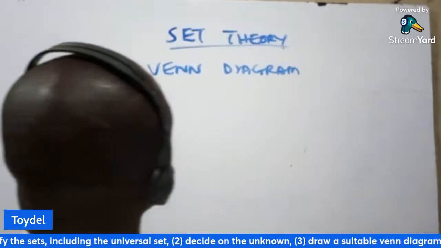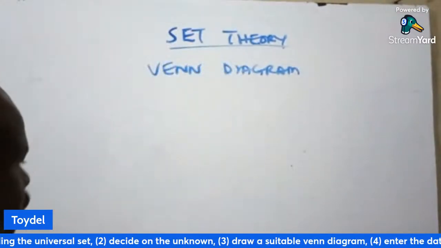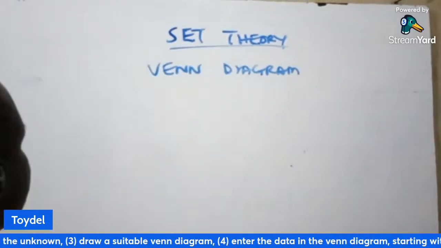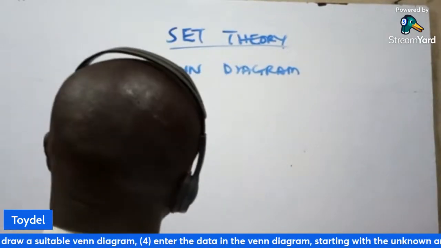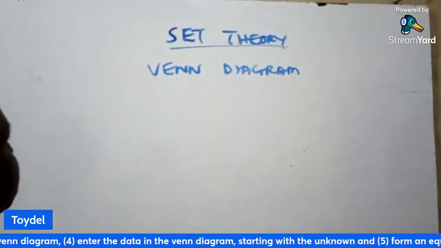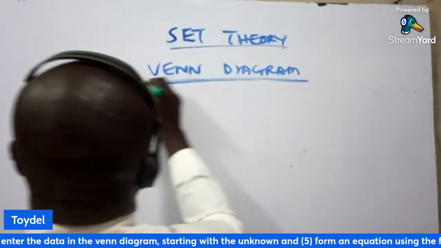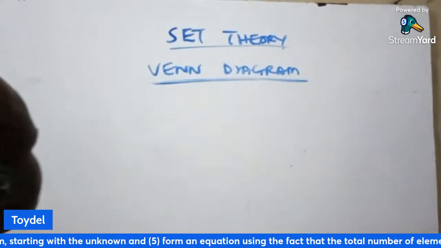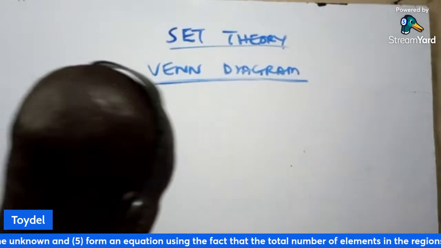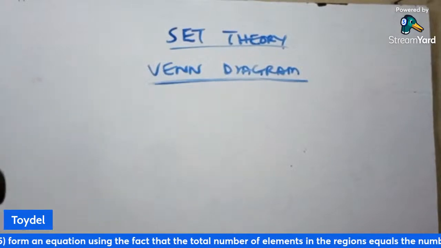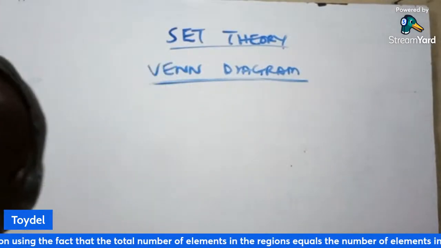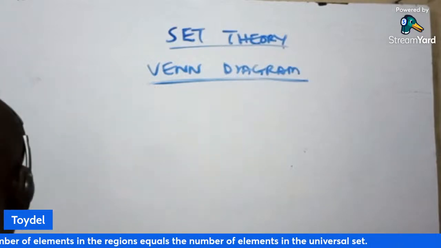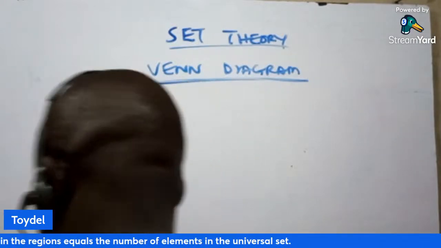Today, I want to talk about set theory. So, we have introduced set theory and we have made some definition of terms. So, we'll be discussing Venn diagram today. That is the diagrammatic representation of sets. So, if you want to represent sets in a pictorial form, we make use of Venn diagram. So how do we use Venn diagram to solve